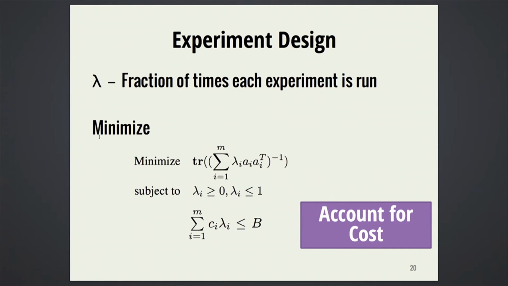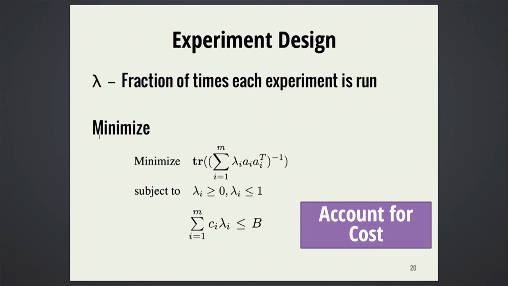So given that insight that we get from looking at the model that we're building, we can actually formulate a small optimization problem where we want to minimize something related to the covariance matrix that we had. So in this case, the trace of the covariance matrix. And we want to find out which configurations actually help us minimize the trace of the covariance matrix subject to some constraint. So what is the constraint that we have here?